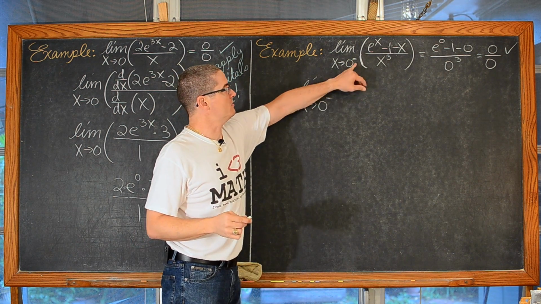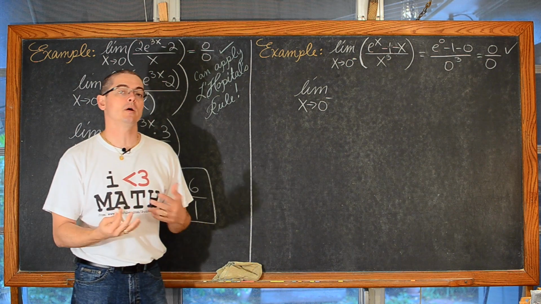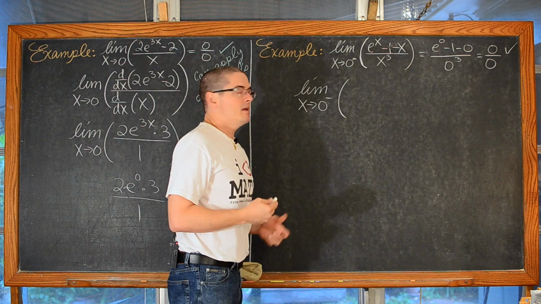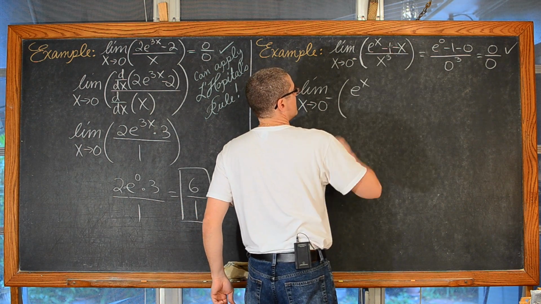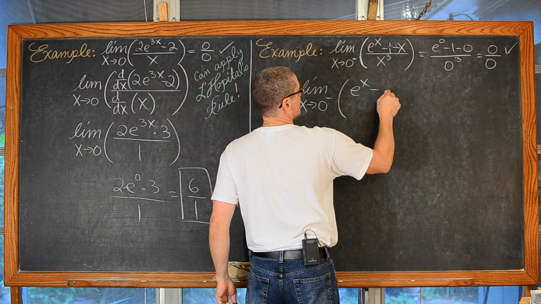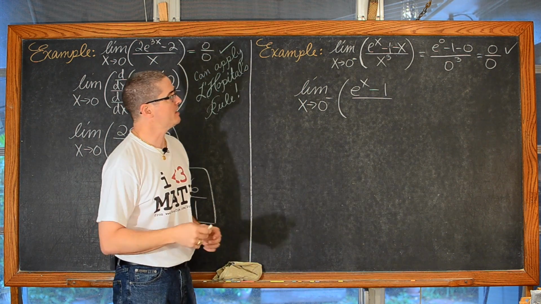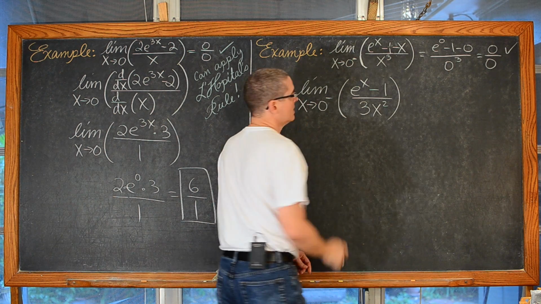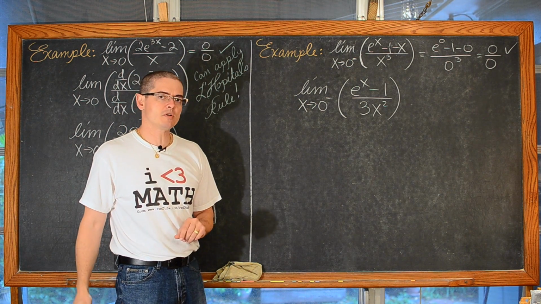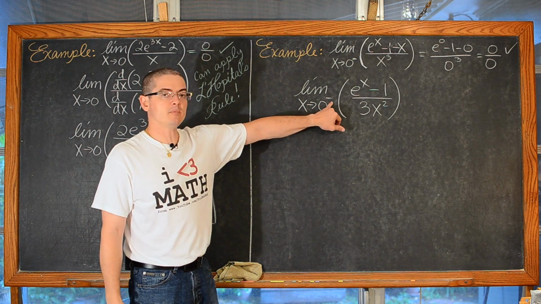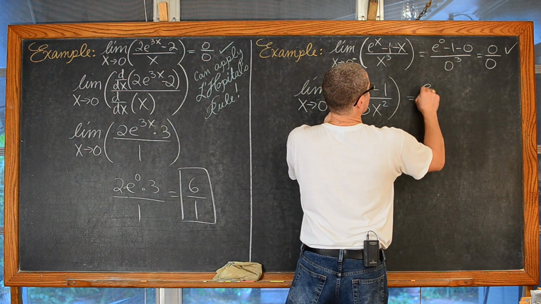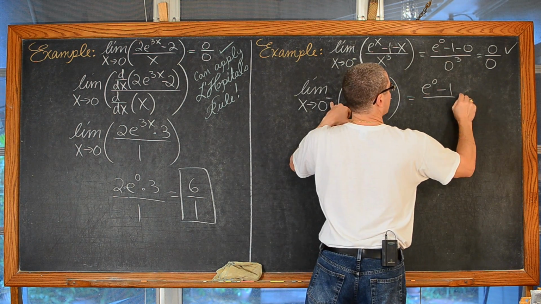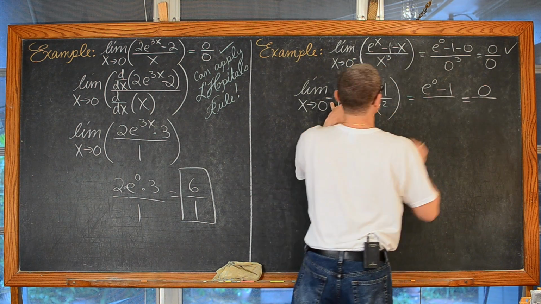And of course you can see that we can apply L'Hopital's rule to one-sided limits as well, not just two-sided limits. The derivative with respect to x of e to the x is e to the x. The derivative of a constant is 0. The derivative of negative x with respect to x is equal to negative 1. And in the denominator we have 3x squared. So we applied L'Hopital's rule, we must be ready to go. Let x approach 0 from the left. Well, again, e to the 0 power is going to be equal to 1. So we have 1 minus 1, which is 0, over